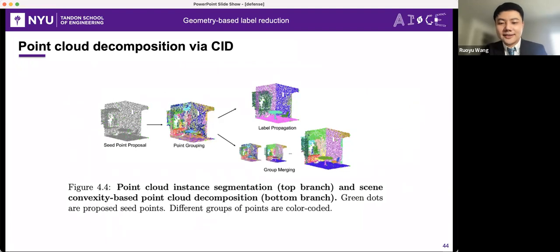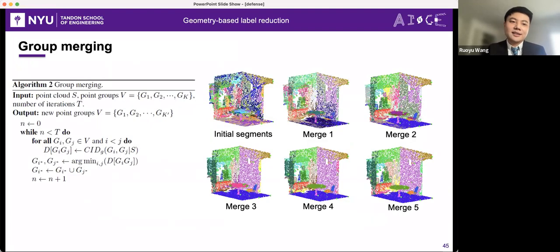And then let's talk about the bottom branch. So the first step is the same. You propose the seed points and you group the points using the seed points. After that, you don't have the labels to propagate, but now you have a set of input groups, so that you calculate the group-wise CID between all pairs of groups. After that, you merge the two groups which have the smallest CID, until the number of iterations reaches a predefined number